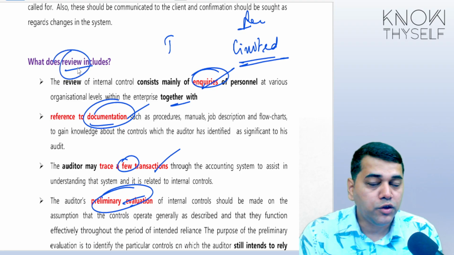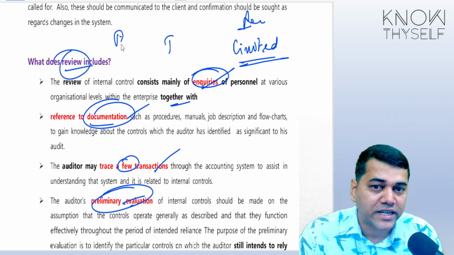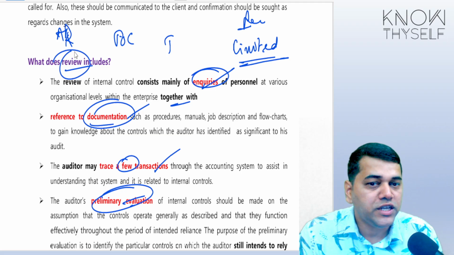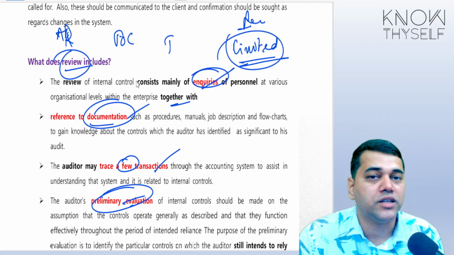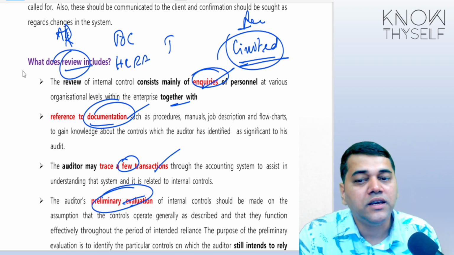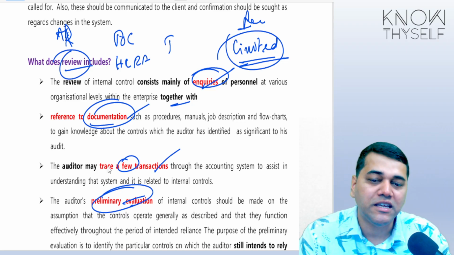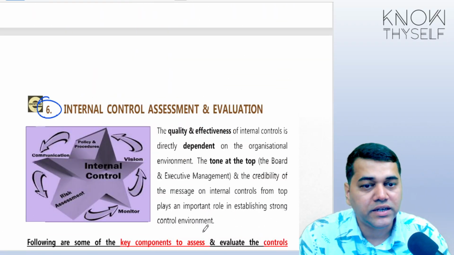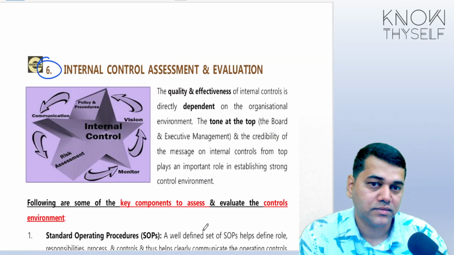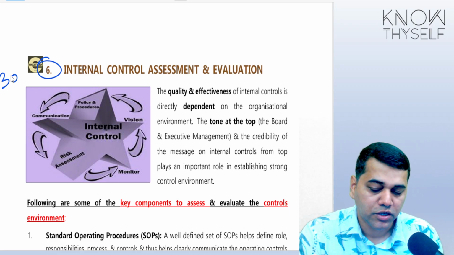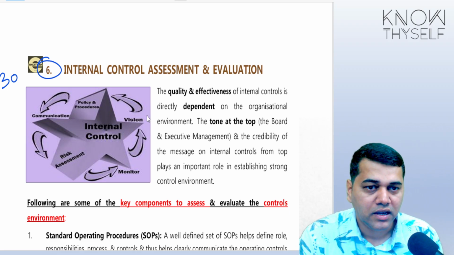So, when you are doing the audit or test of controls, if you want to address the audit risk, then you cannot go with limited assurance about the internal controls. You need to get a high level of reasonable assurance. That's why review is only a preliminary evaluation. Okay, now you get into the detailed evaluation. Now you have stepped into SA 330 because you have decided to test the controls and rely on them.